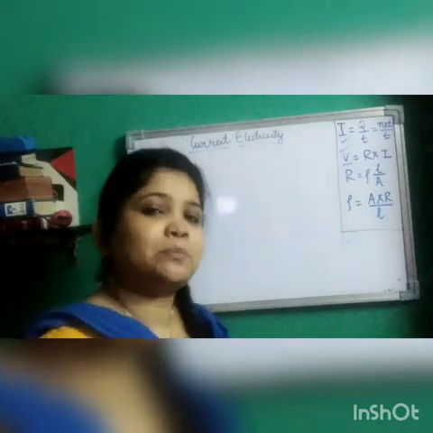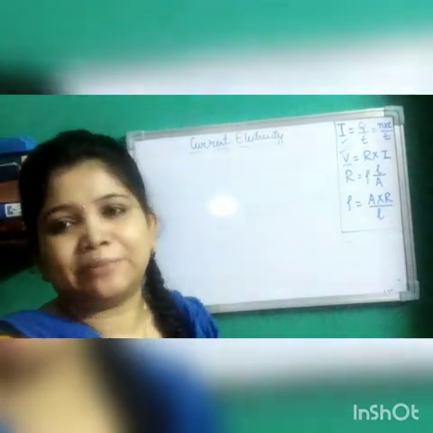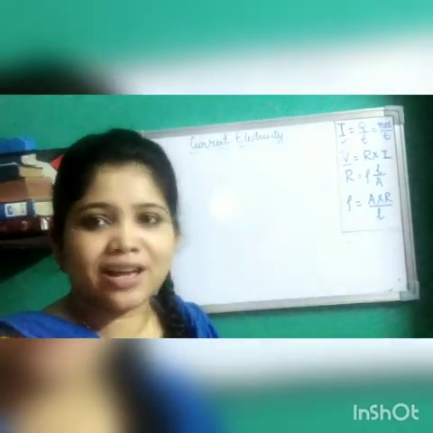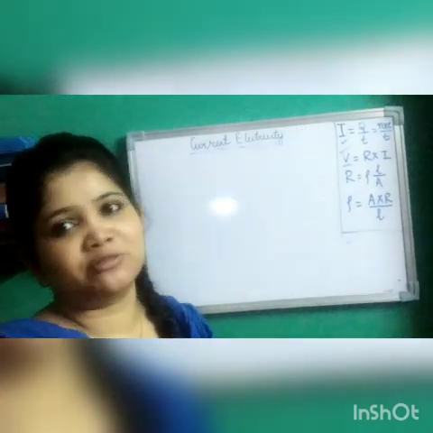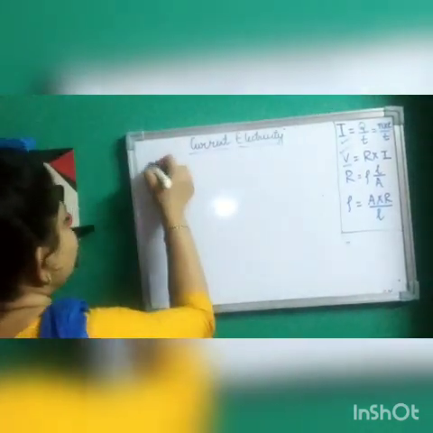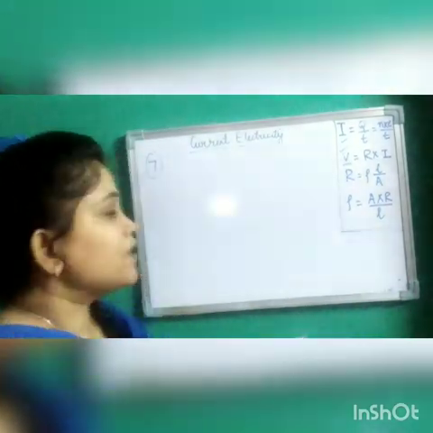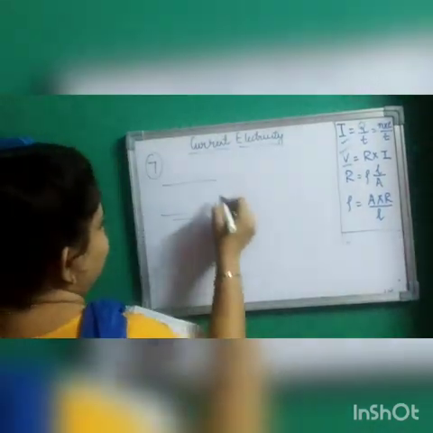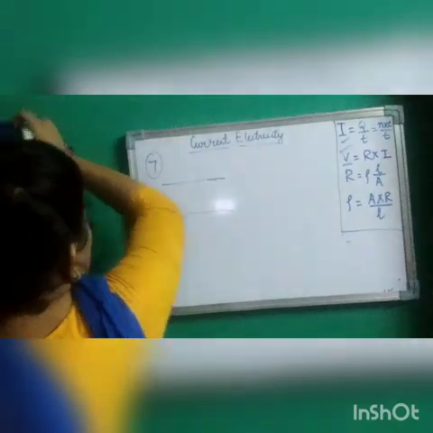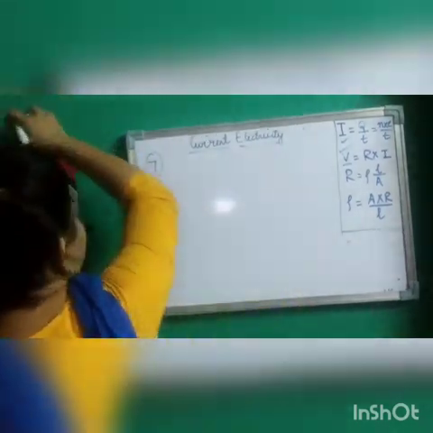That is also based on Ohm's law, but it's a little bit different. Here you have to draw the graph, and from the graph you have to find out the rest of the quantities. Let's do number 7. I'm just writing down the table, and you will have the table with you. I'm just drawing the graph for you.